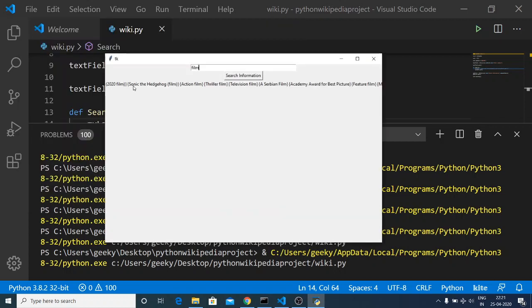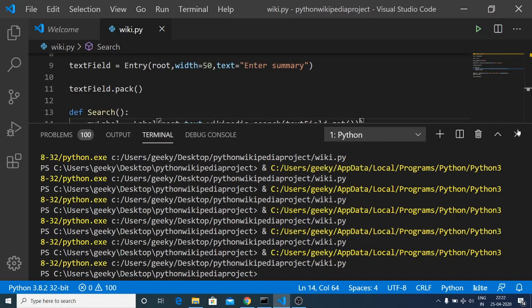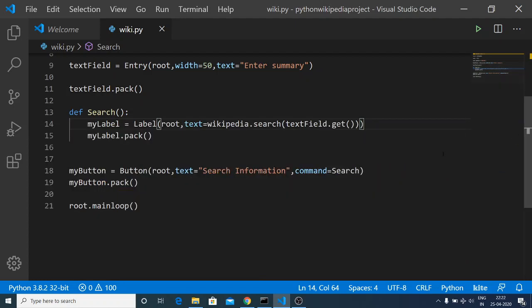You can see that Sonic the film, action film, thriller film. If I change the topic, let's suppose to JavaScript, search information, and now you can see that it will be displaying the relevant topics inside the screen. So this is the search method. So you can just make a very simple GUI kind of application using the Wikipedia API module in Python.